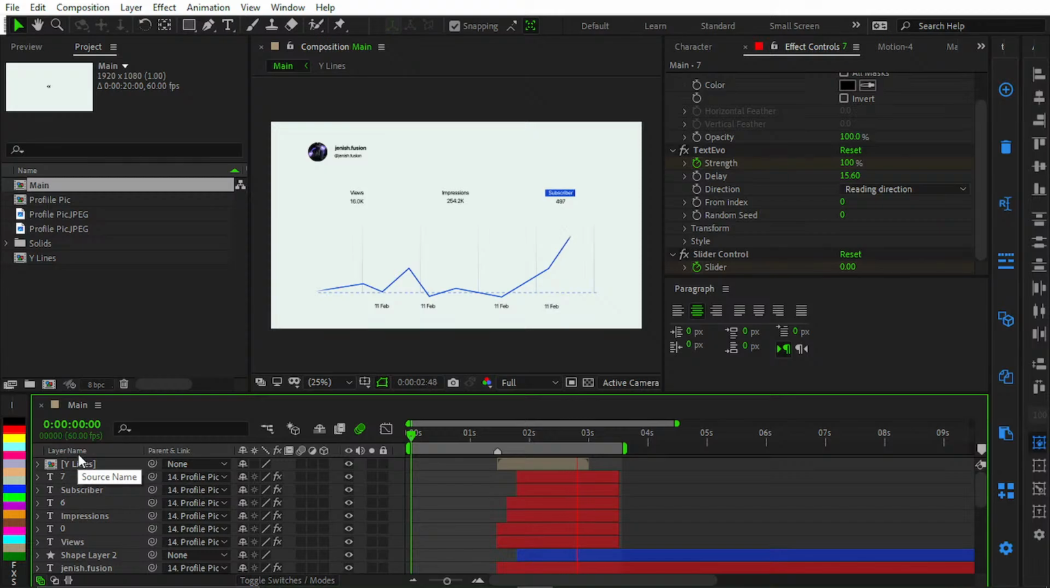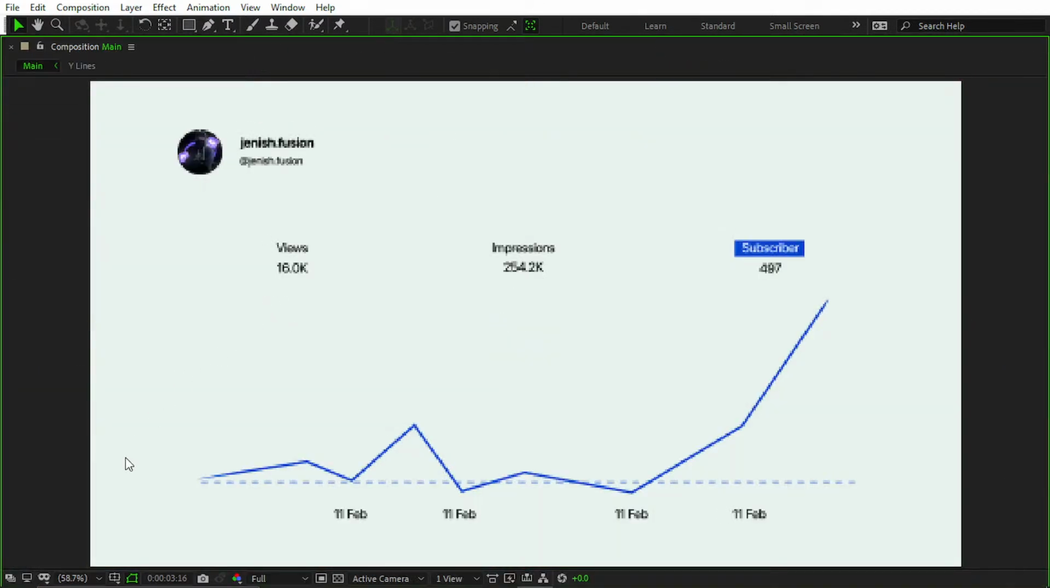Okay, now we can play this animation on full screen. Just something like this. Okay, if we play this on the full screen,